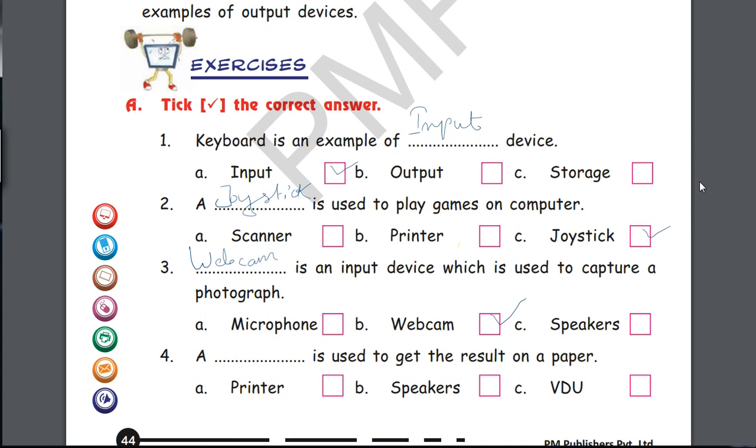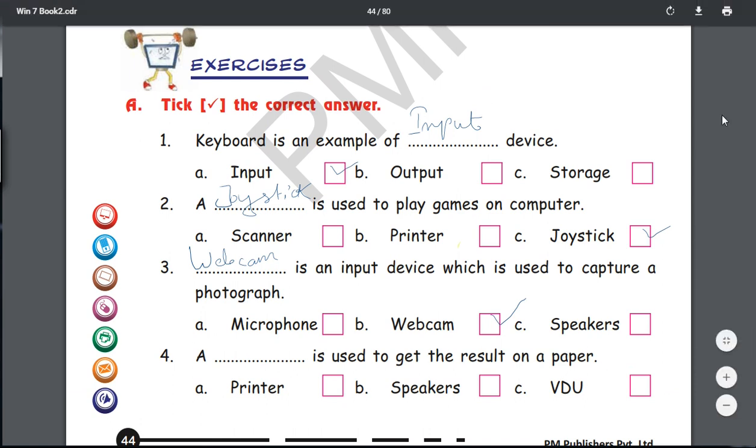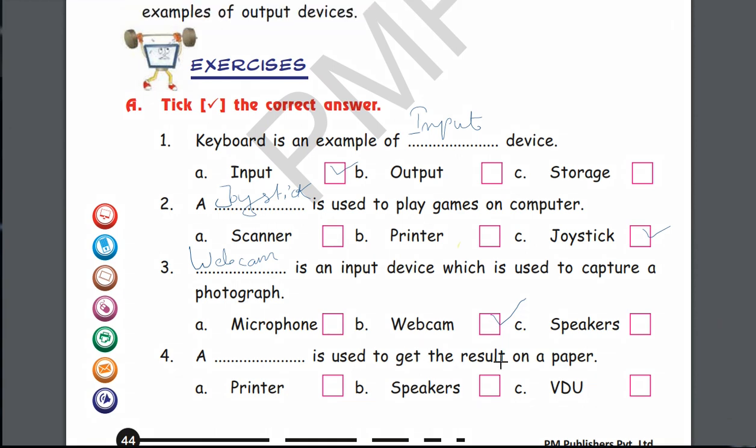So till here I believe all of you have written the answers. Now coming to the final question. A dash is used to get result on a paper. Which device is used to give result on a paper? The answer is printer. P-R-I-N-T-E-R. Printer. So I hope all of you have got the answers correctly.